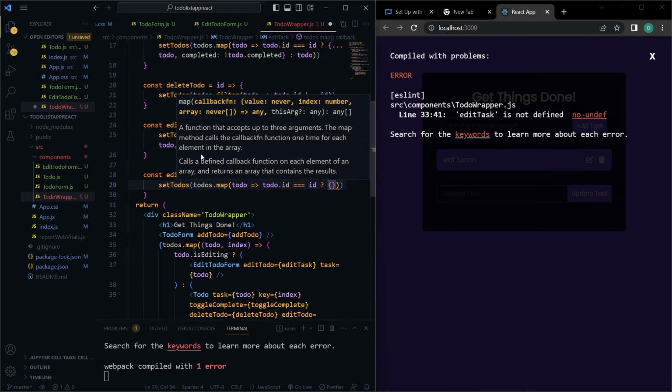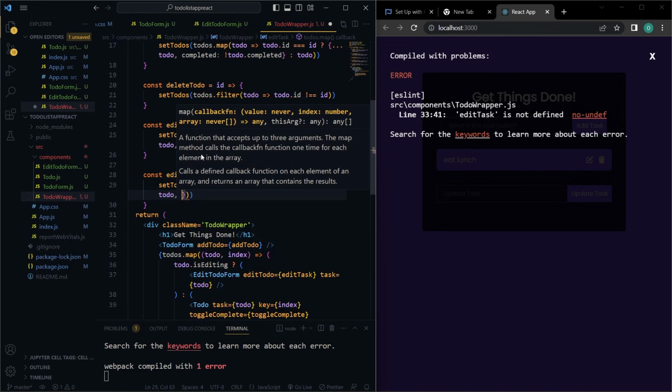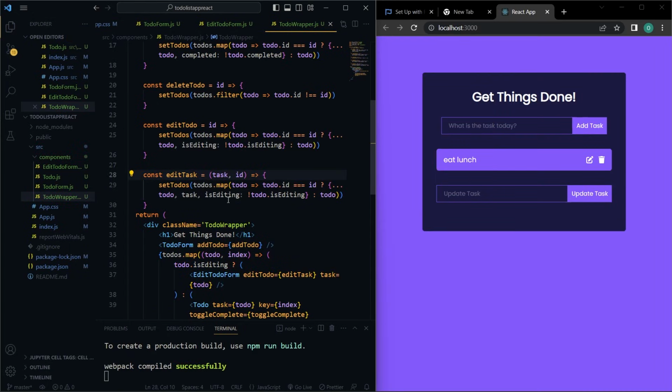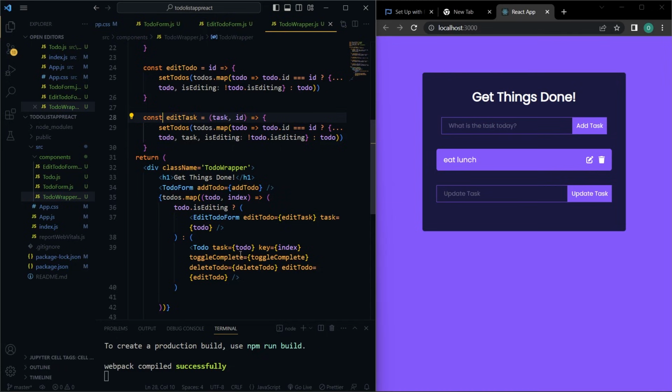If this is the case, then we're just going to make a copy of the to-do using the spread operator, and we're going to update task to be the task passed in, and isEditing, we're going to make it not to-do.isEditing. So the opposite of the current value, and if the ID isn't equal to to-do.id, then we just want to return to-do. Okay,